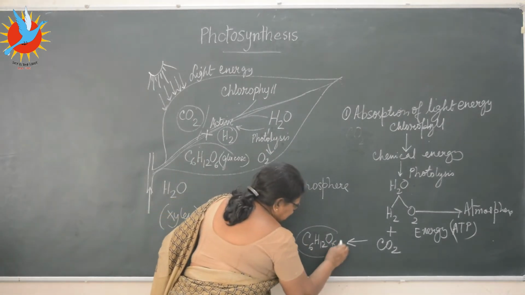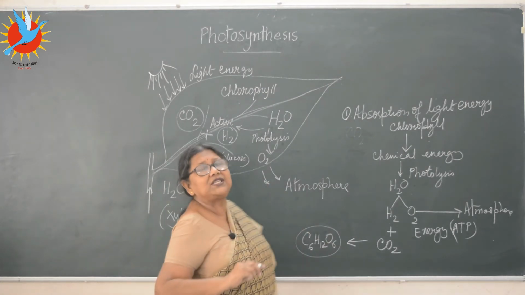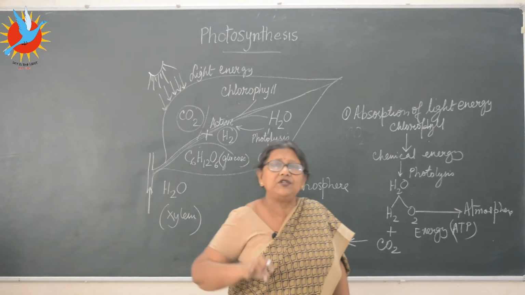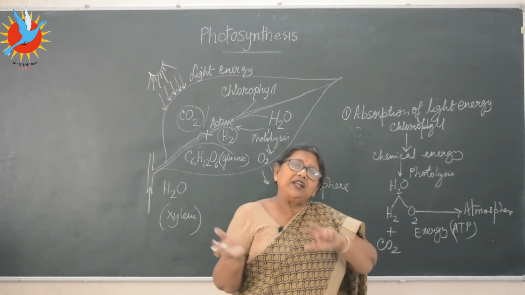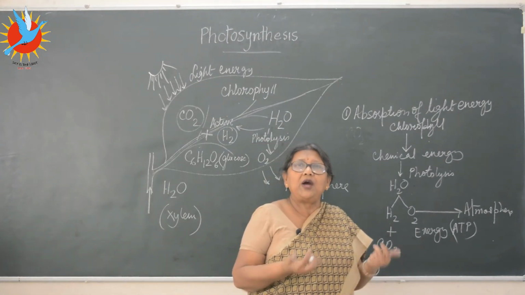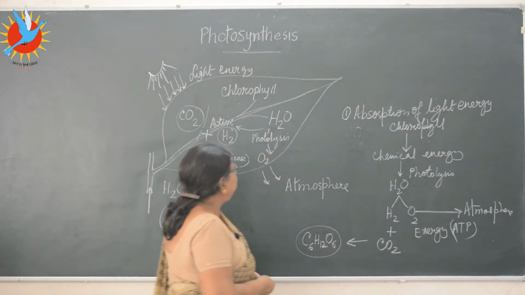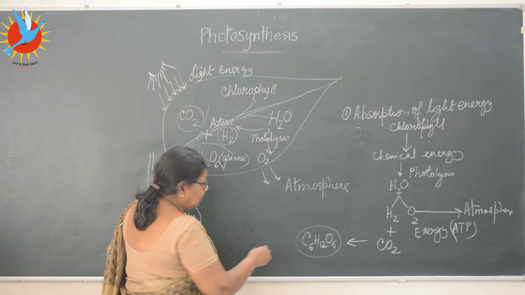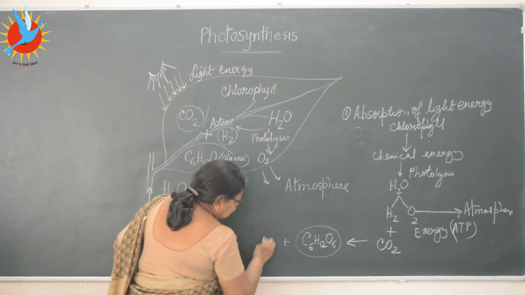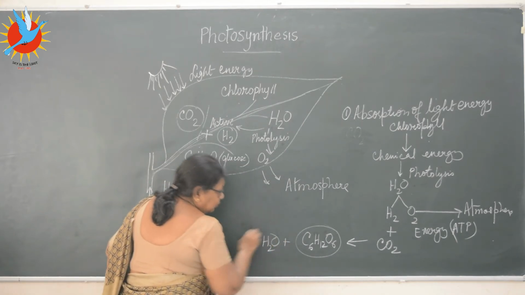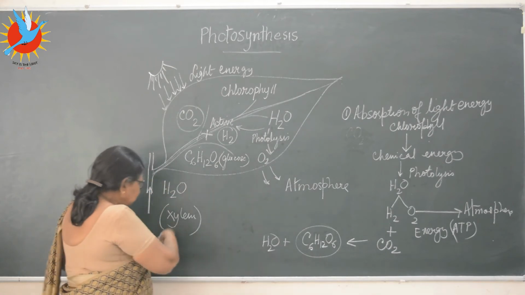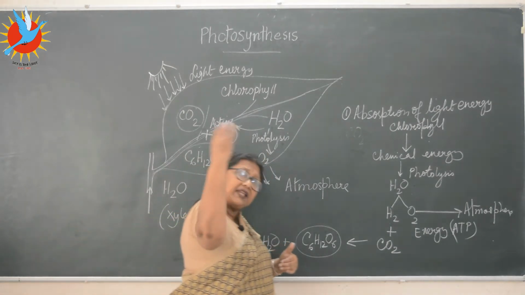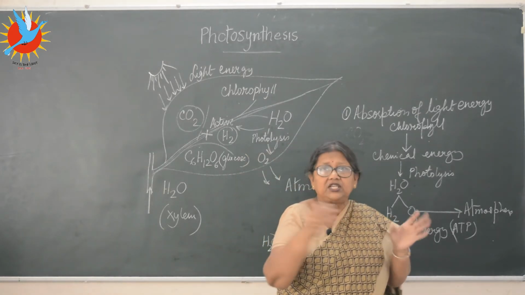Now the interesting part. You know glucose is soluble. So the plants are preparing the food, glucose. Now they have to convert it into insoluble form. Why? Otherwise what is happening? During the daytime when this food is prepared along with the glucose, another thing, water is also given out. Why? Because you see, the roots are absorbing water continuously. They're sending it up through xylem continuously, whether it's day or night.